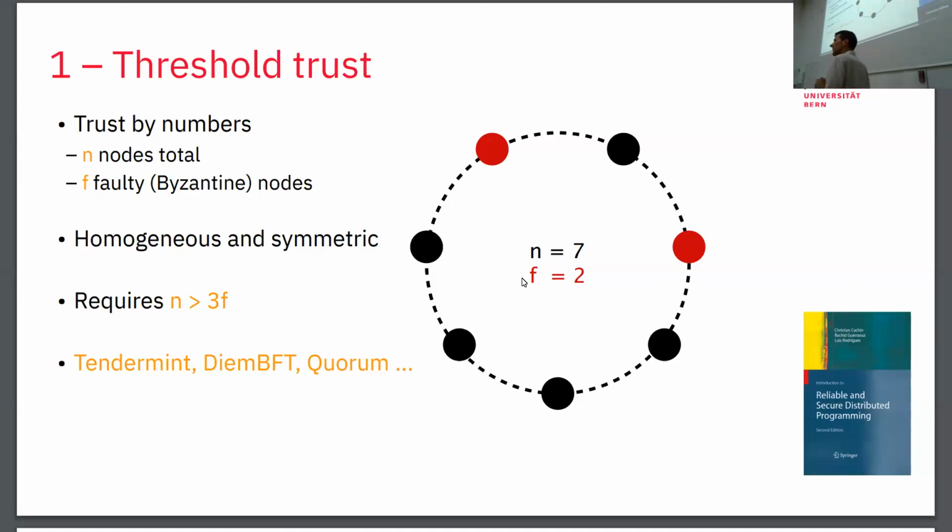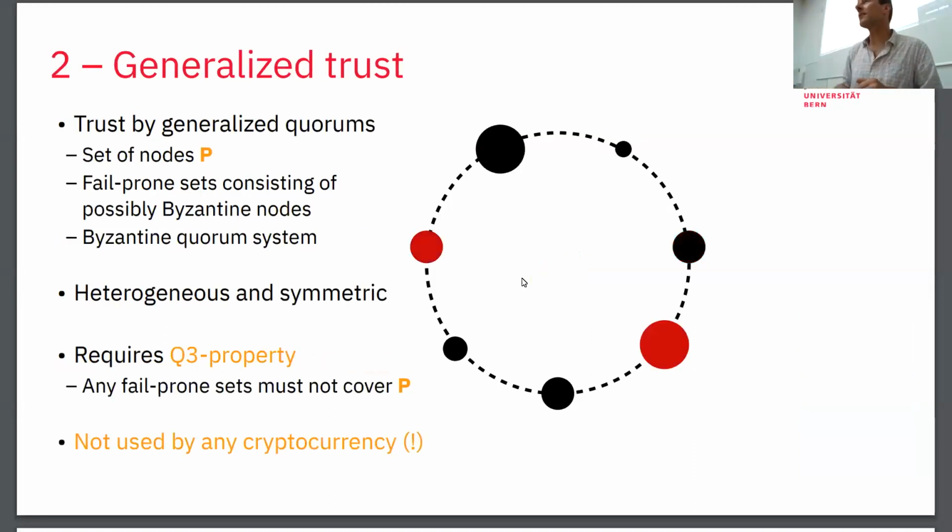Because a quorum is what? A quorum is mainly a majority of the voters. So it will be f plus 1 if you have 2f plus 1 voters. Turns out that this is in some sense restrictive because now everybody has the same voting power. And in the theory of distributed computing and cryptography, we have long explored a different model that is somewhat like this, but not exactly. We call it generalized trust in this context.